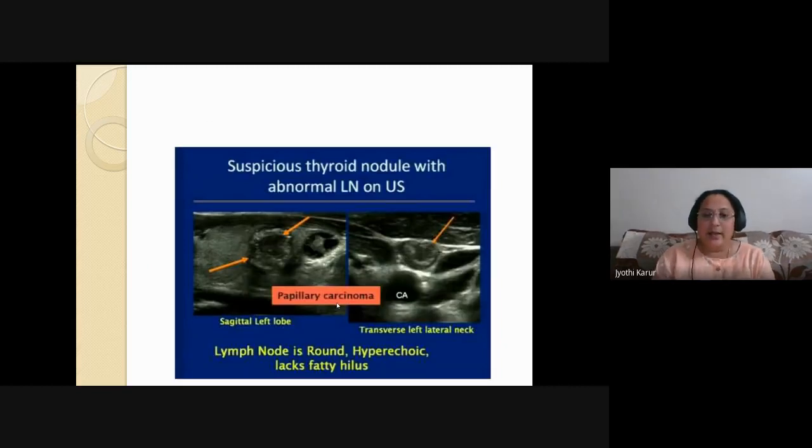See, nowadays in NEET PG, they are giving a clinical scenario and they are giving either an ultrasound or CT scan picture or even a histopathological picture. So based on the history, the image pattern and the histological pattern, you should be able to diagnose different conditions. If you see the ultrasound, this is the typical papillary carcinoma. It is well delineated. This is the malignant focus and this is the lymph node. You can see.